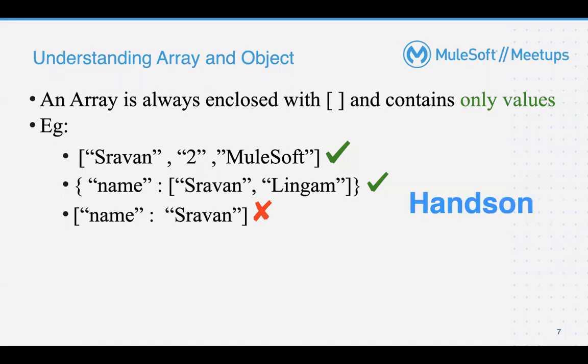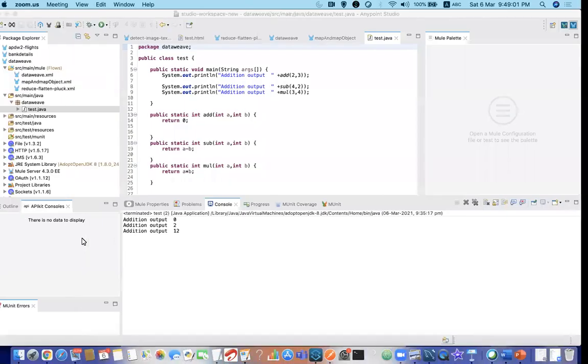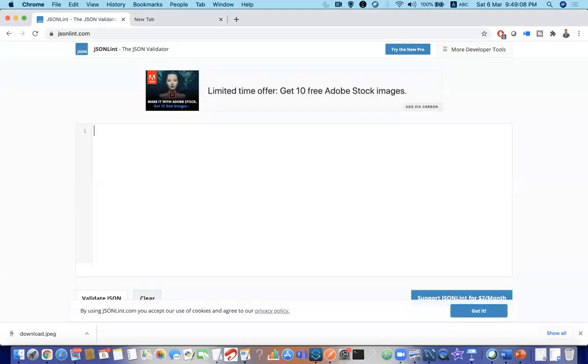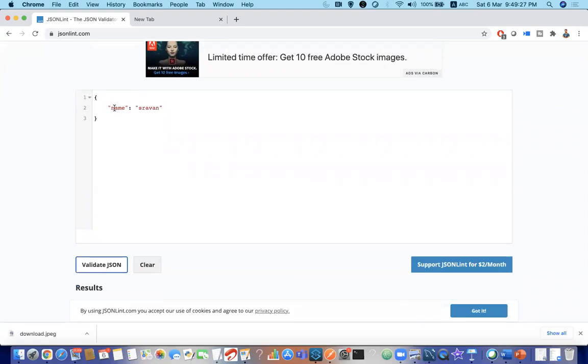Okay, let's quickly take a minute to test your skills. Just type yes or no. Let me know whether it is a valid JSON or not. When I say valid JSON, it should satisfy all the conditions of objects and arrays. Just type yes or no. So yes, it is valid JSON because it is separated by a key value pair.